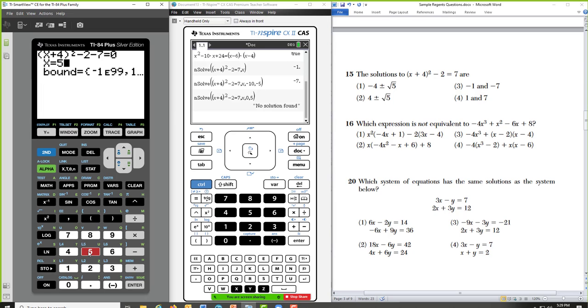My guess is 5. Now, it doesn't say solve above graph on the 84. Where it does say solve is above the enter button, but it's in green. All these years you've had this solve feature, but may never have used it.